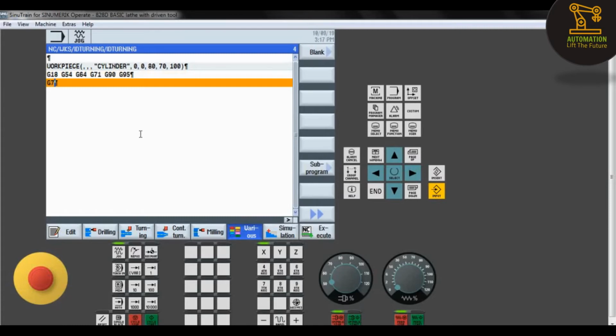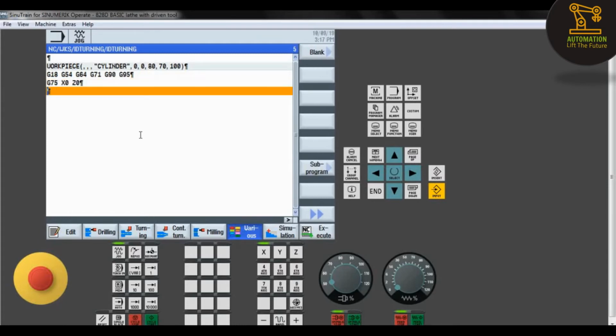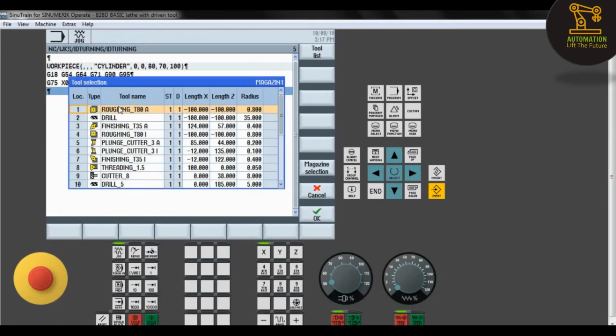After giving the safety codes, we have to take the tool to the homing position. So G75, X0 and Z0. After taking the tool to the homing position, we have to select the tool that we want. So we'll go to select tool and take the drilling tool.